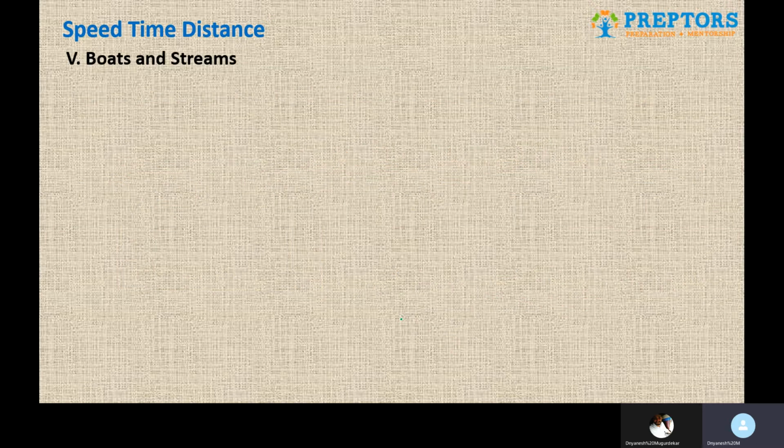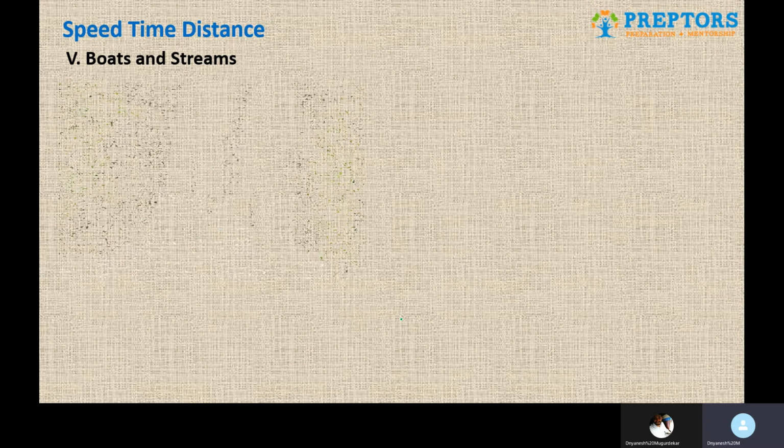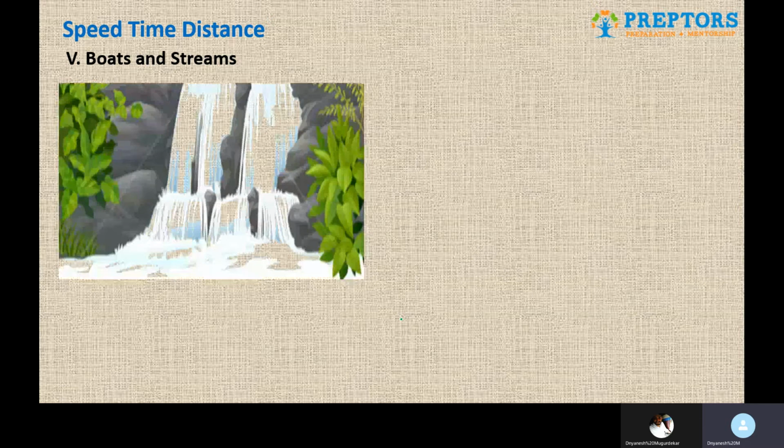The next part of this topic is basically boats and streams. As usual, the boat will have its own speed, and hence it is measured under a condition called still water. Water is not moving, and that is the actual speed of the boat. And then there is water flowing beneath the boat, which will also have its own speed. So first of all, we need to define the terms very clearly. We'll define the speed of the stream or speed of the water as small b, and the speed of the boat in still water, look at the language, it is defined in still water, as small a.